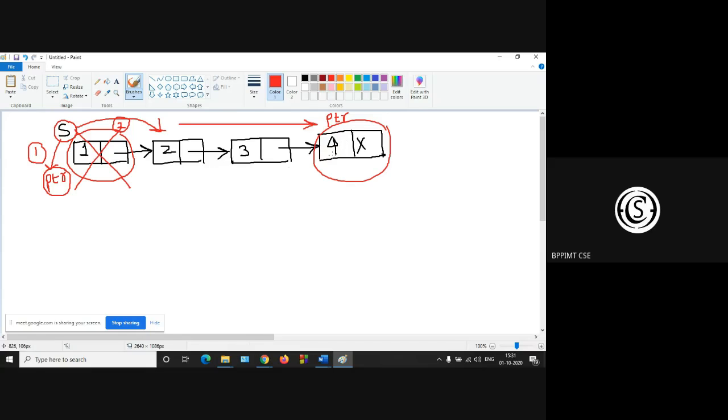Now finally, the first operation is to make this null. So pre-ptr, or ptr previous, is made null, and finally free this ptr, right?